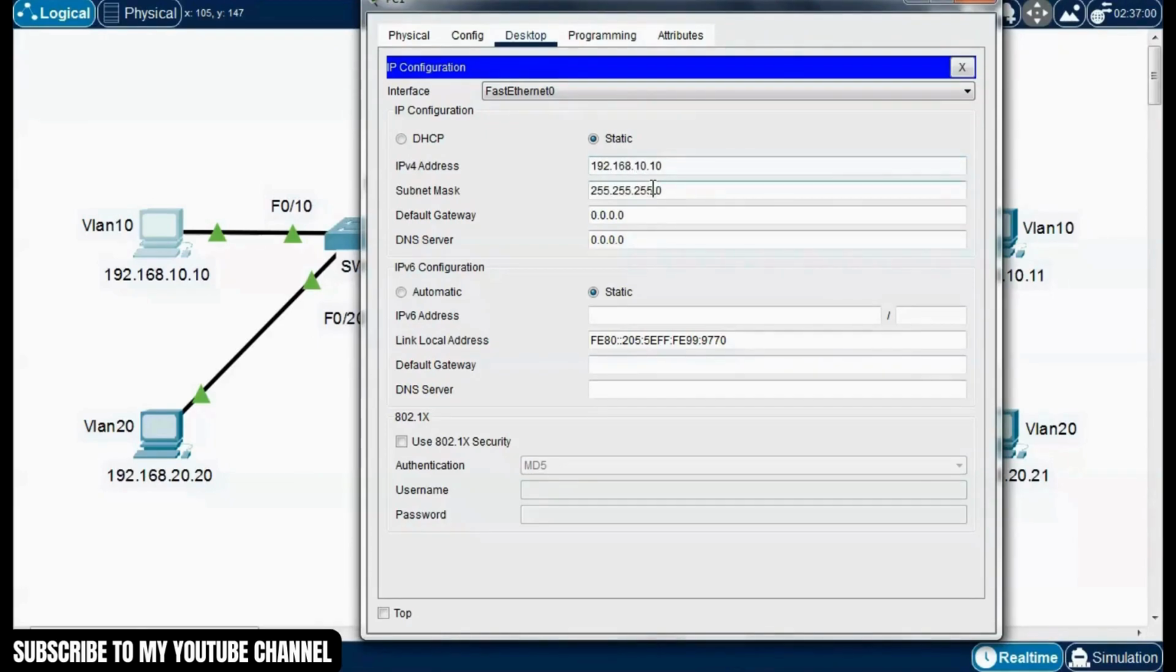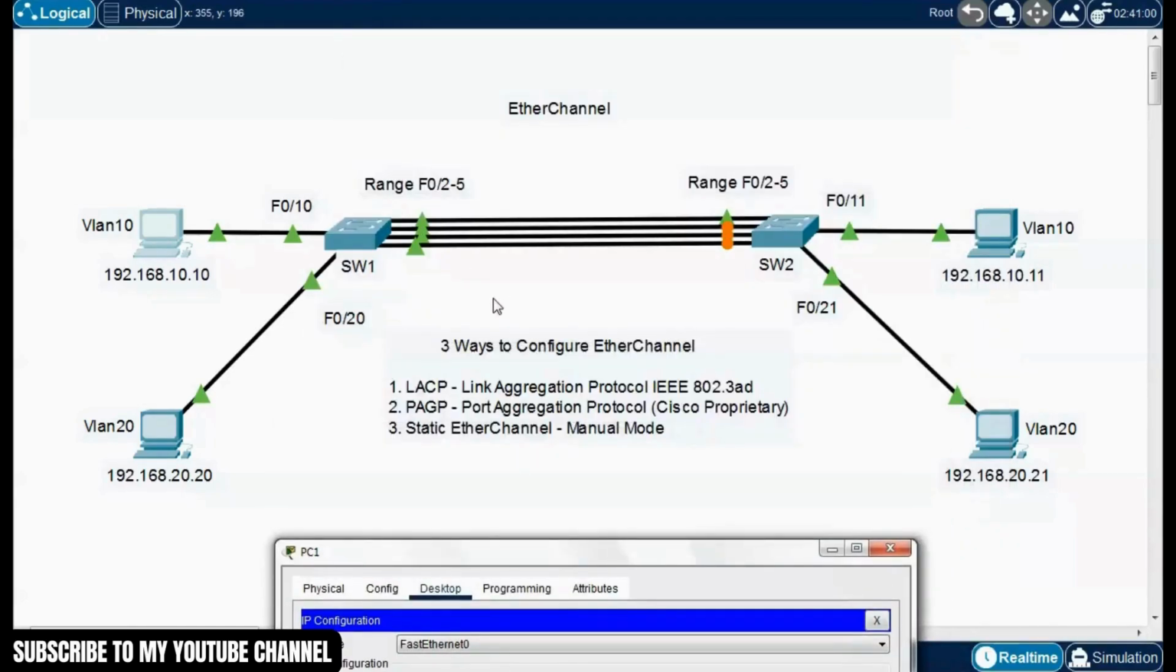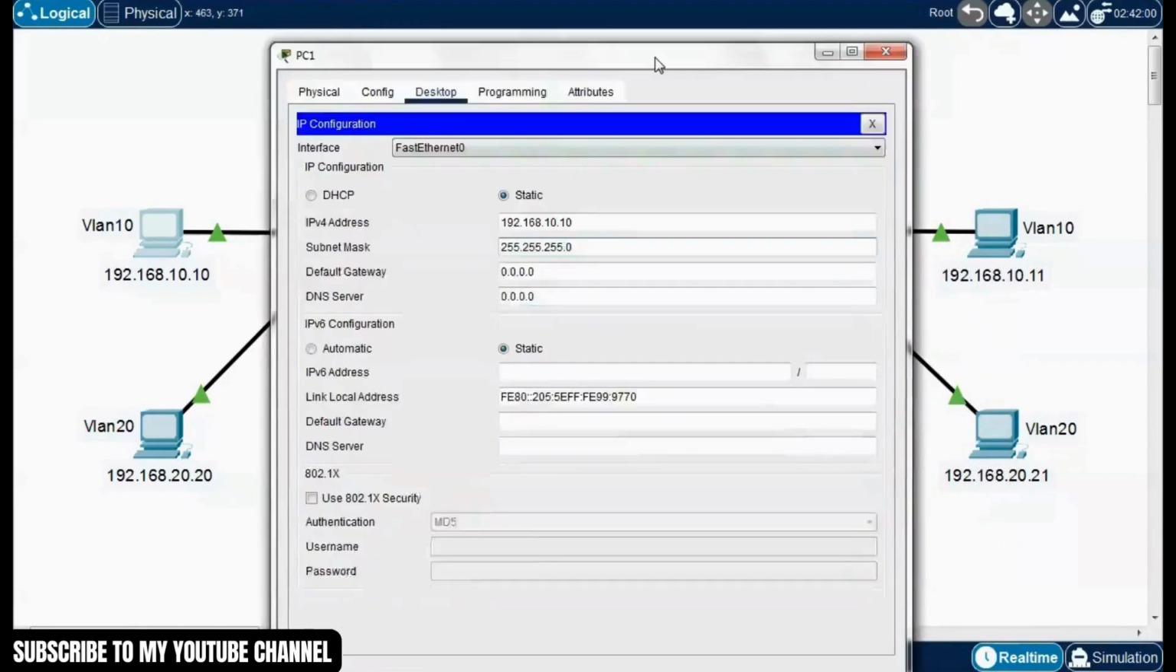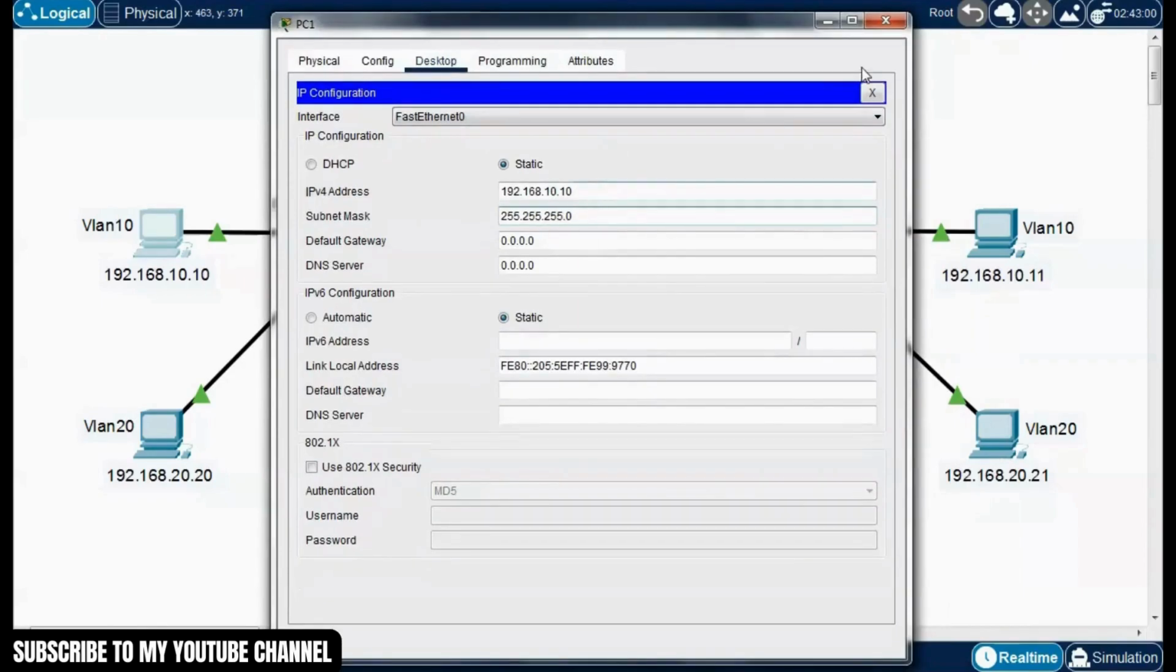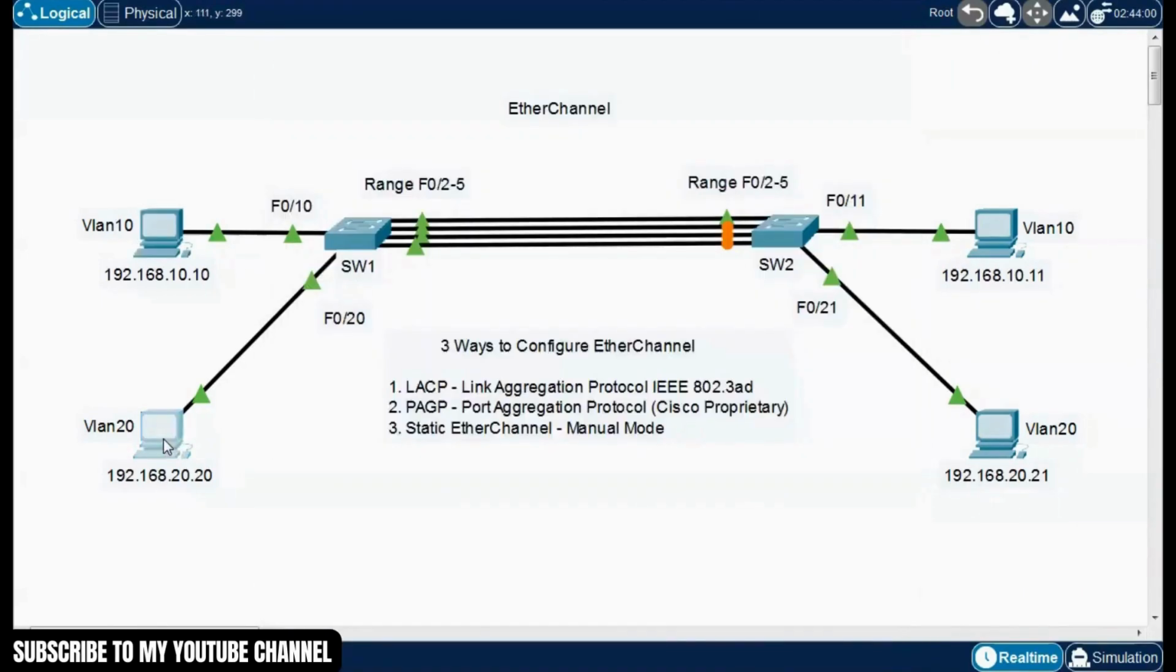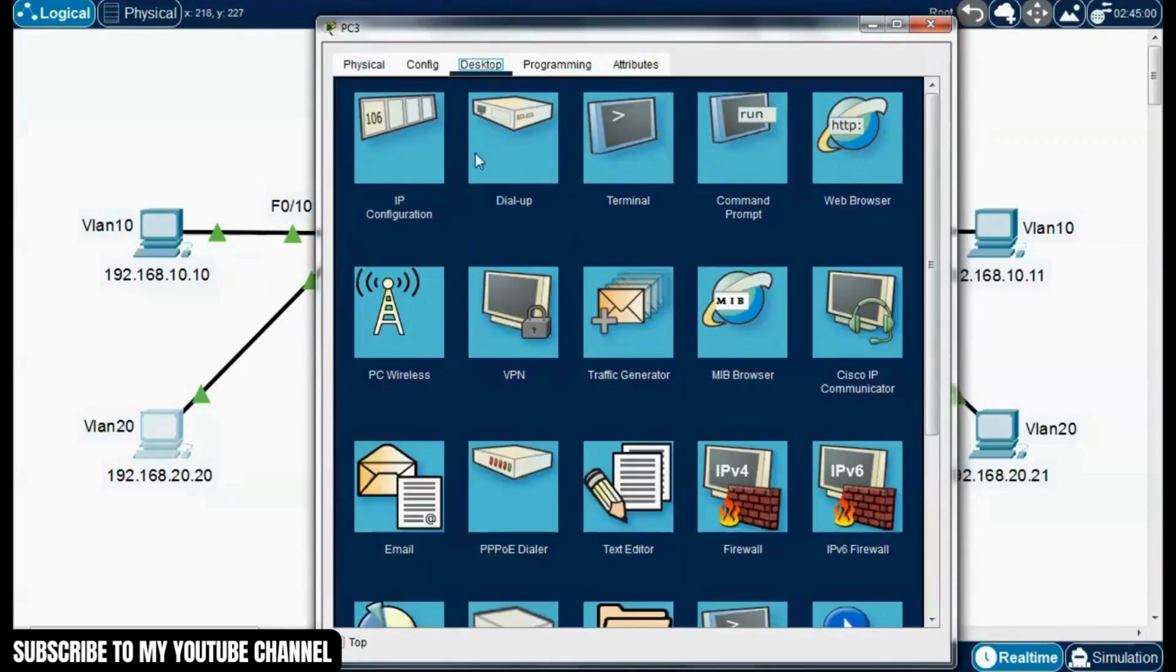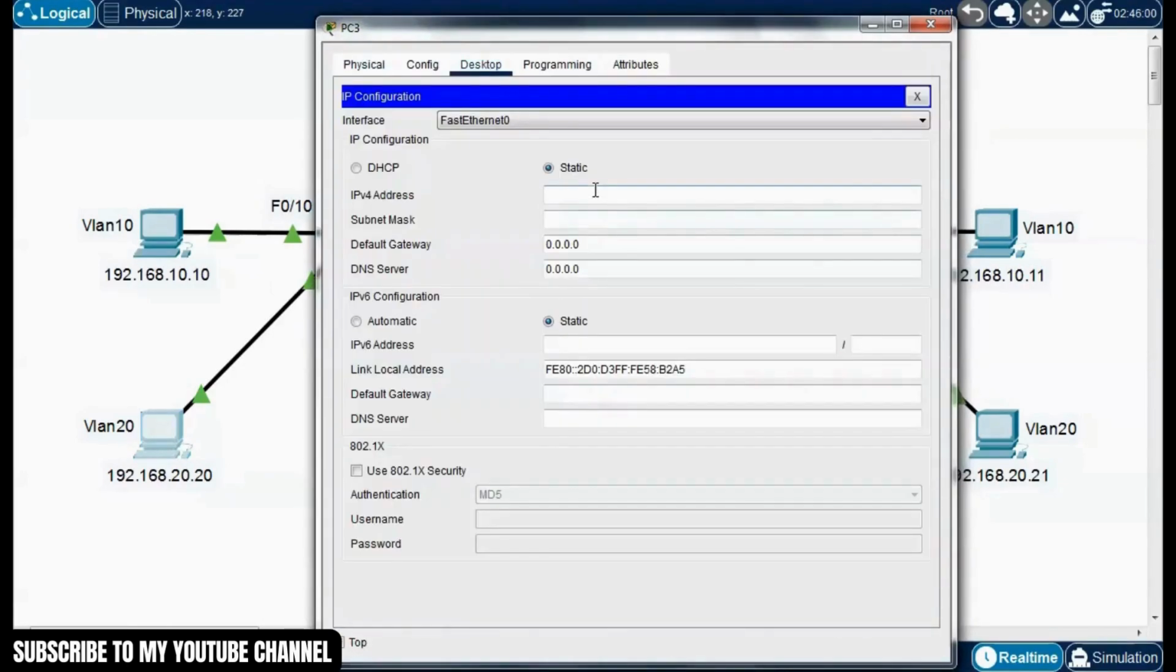192.168.10.10, and then 255.255.255.0, and then there's no default gateway since we are working only on layer 2, so we don't have any router. Okay, so 10.10, there you go. And I'll open this computer, desktop, IP configuration, so